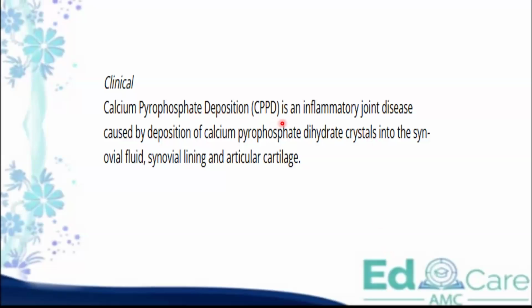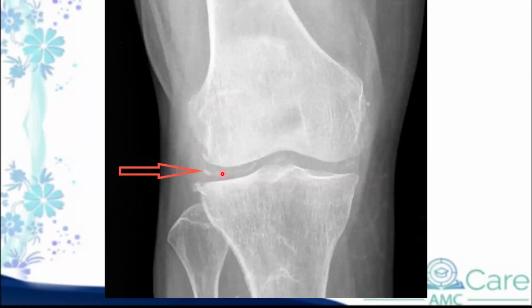CPPD is calcium pyrophosphate deposition disease, right? In the synovial fluid between the joint, you get this calcium pyrophosphate deposition, which you see as a fluff. So when you get this image in the exam, they give you a background history similar to gout, but they'll give you this X-ray that suggests otherwise. This is the fluffy calcium pyrophosphate deposition you see in the joint space. So this is pseudogout.